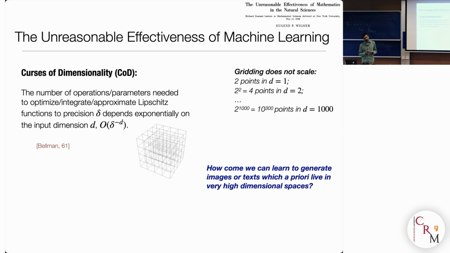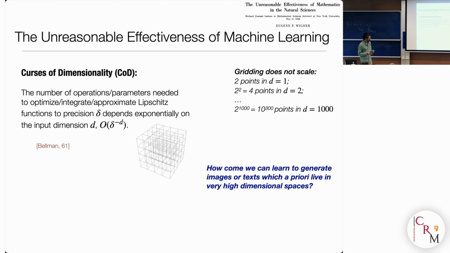It's a big mystery what they do, because there is something called the curse of dimensionality that tells you, what we are doing here is learning velocity fields that map R^D into R^D with D in the millions. These are monsters, right? And we know since Bellman that in principle, meaning in the worst case scenario, this is not doable because of the curse of dimensionality. You can't grid space in high dimension. This is the undergraduate 101 version of what the curse of dimensionality is.